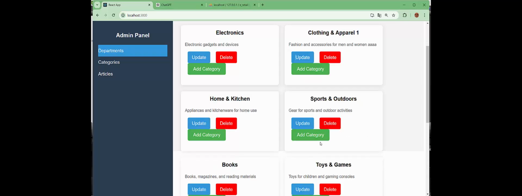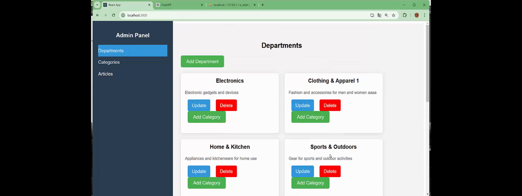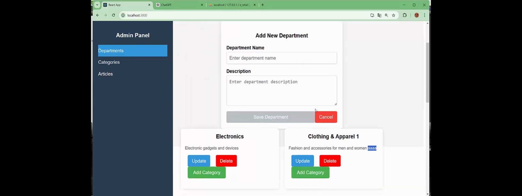Okay, update. Clothing. Here it is one. Here it is AA. All is here. Update, delete, add category. And okay, it is function new department, add department,